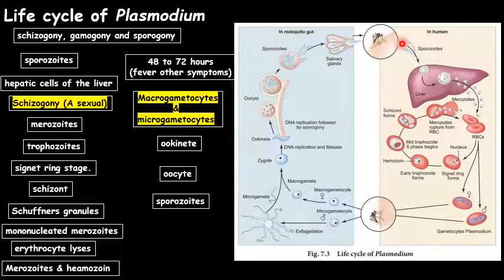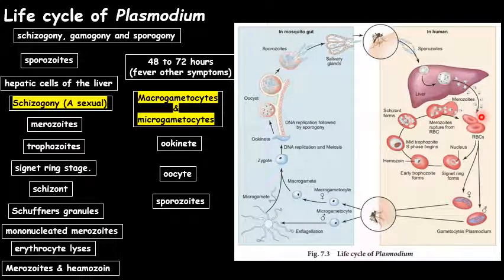So along with the saliva, the sporozoites are released into the bloodstream and slowly move to the liver, where they undergo the first stage, which is schizogony, asexual reproduction, and develop into merozoites, producing multiple merozoites. Then they are released from the liver cell,